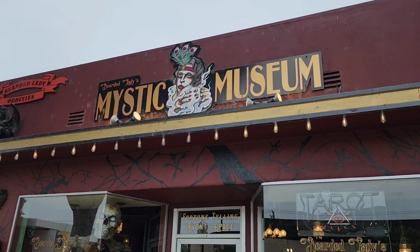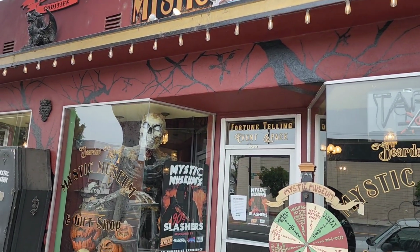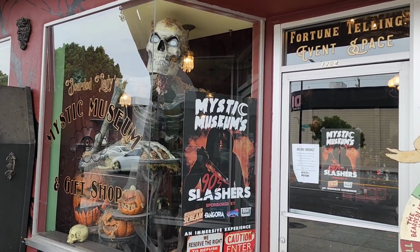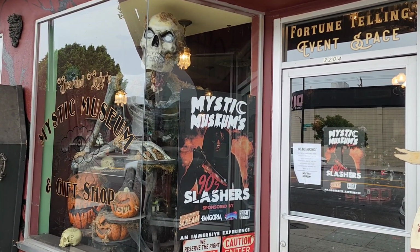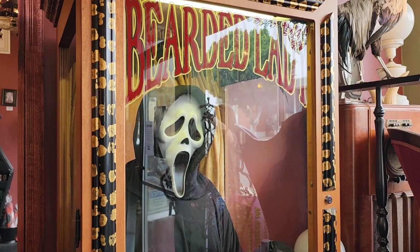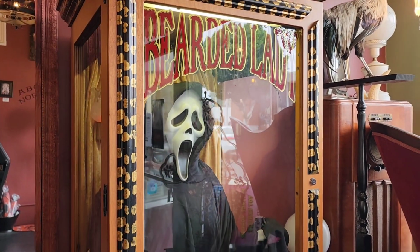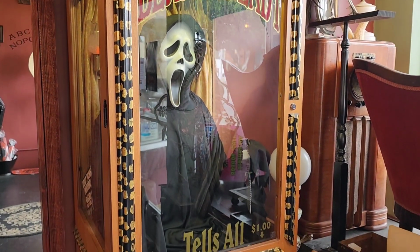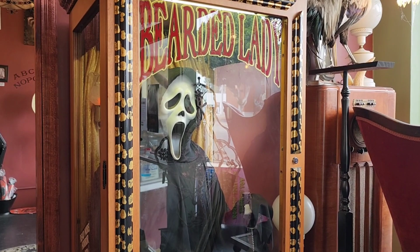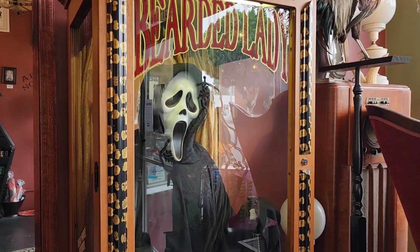Okay, so here we are, the Bearded Ladies Mystic Museum. And you can see they have a large poster in the window for the Mystic Museum's 90s Slashers exhibit, along with a giant skeleton and some other cool stuff. As soon as you walk in, you're greeted by the Bearded Ladies fortune teller. Now, you don't look like a bearded lady, but...